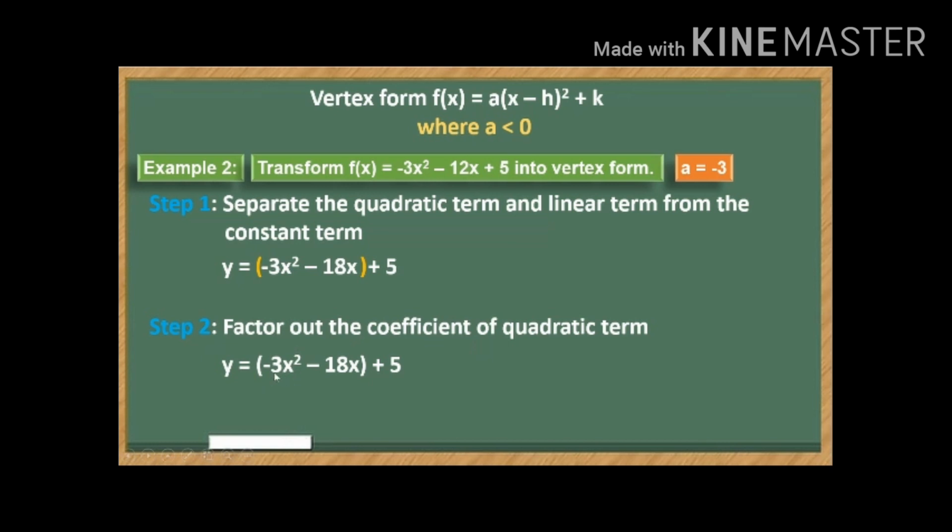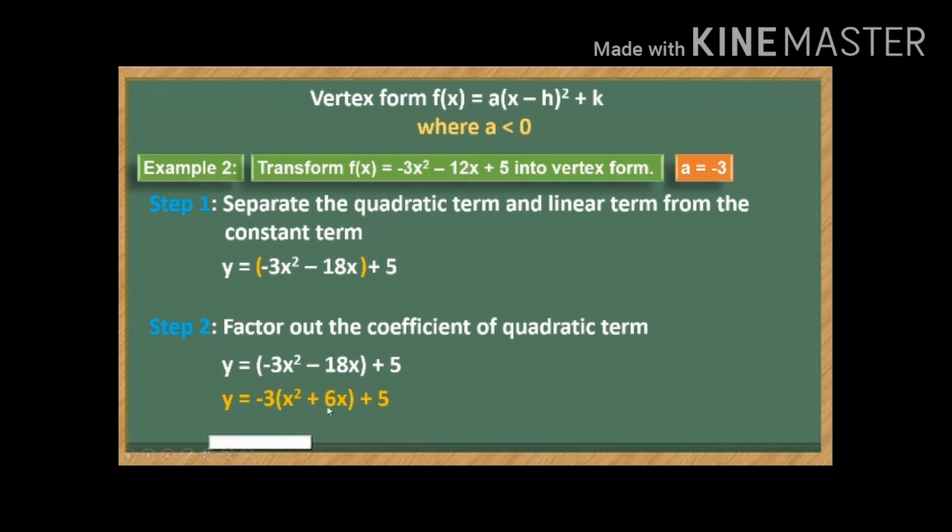Here is our quadratic term, and this is the numerical coefficient of the quadratic term. We are going to factor that out. So it becomes y equals negative 3 times the sum of x squared and 6x, and of course plus